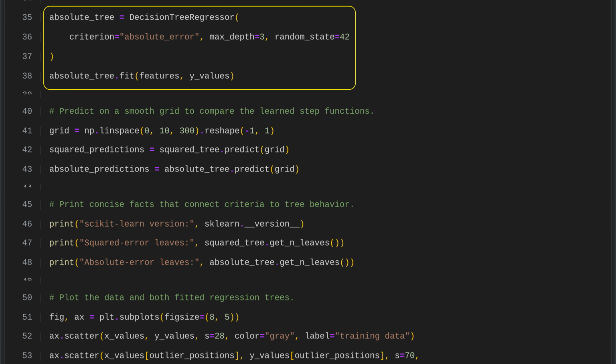We build a decision tree regressor in Scikit-Learn using absolute error as the splitting criterion. So the model focuses on reducing absolute prediction mistakes. Limiting the tree depth to 3 keeps the model simpler and helps reduce overfitting, while a fixed random state makes the results reproducible. After fitting the tree to the features and target values, it learns patterns in the data, including